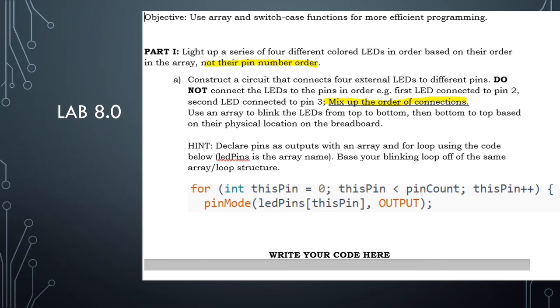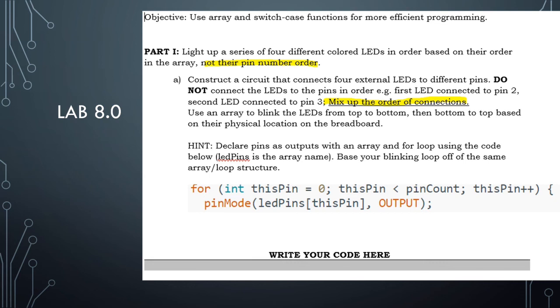If we connected our LEDs all in order, we could use a for loop like we saw before to declare everything as an output in a row, to turn everything off all in a row. We can use for loops for that, which we will be using, but I also want to mix up the order to really emphasize how an array is useful. So if you have things that aren't connected in order, or variables that aren't in order, that's where an array is useful. So do that, mix up the numbers of your connections, and then we're going to use an array